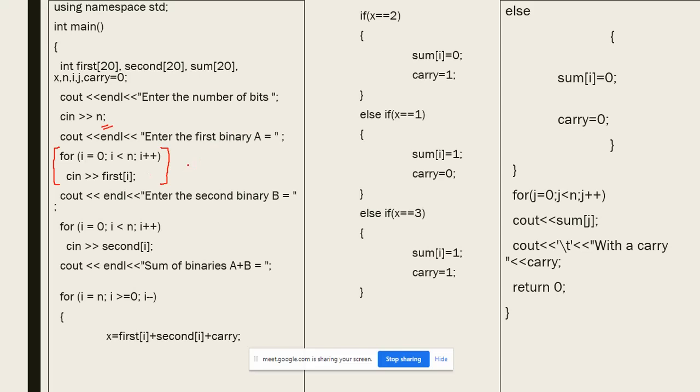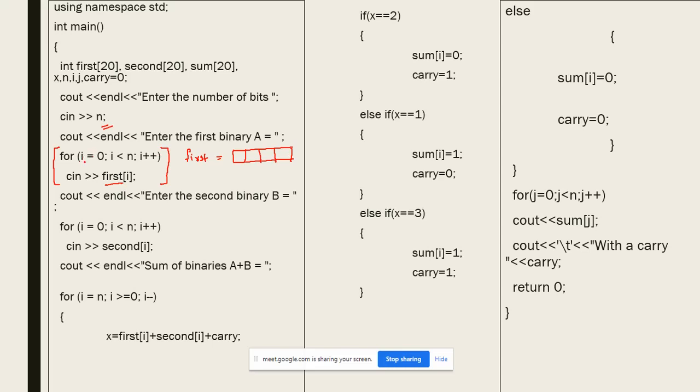To get data into an array, we have to use a for loop. That is, during the first loop, it will start with my array name first. If I have entered 4, if n is equal to 4, then it will create 4 memory spaces.